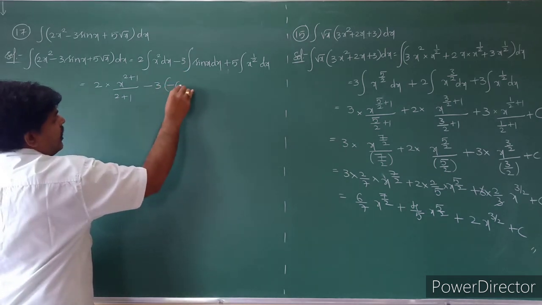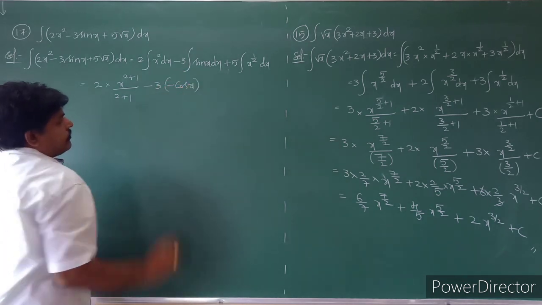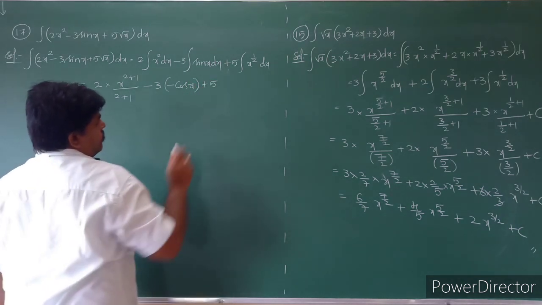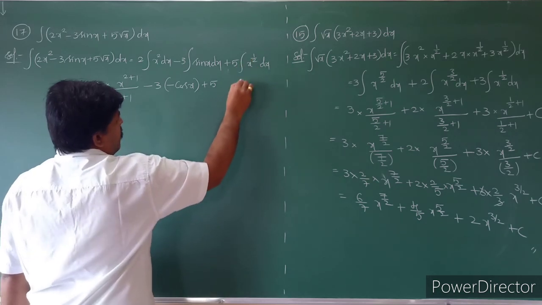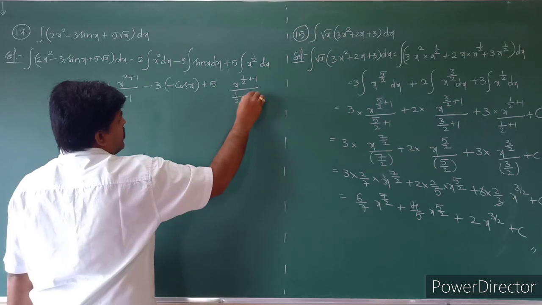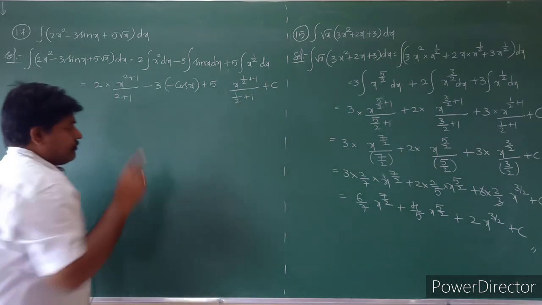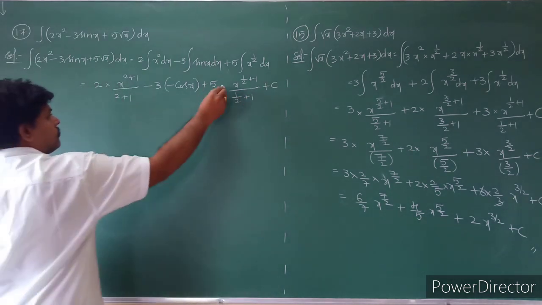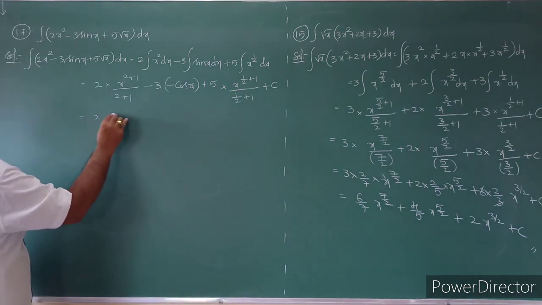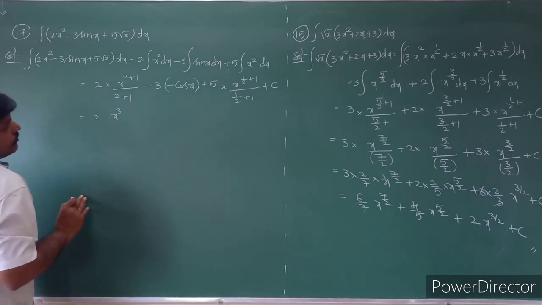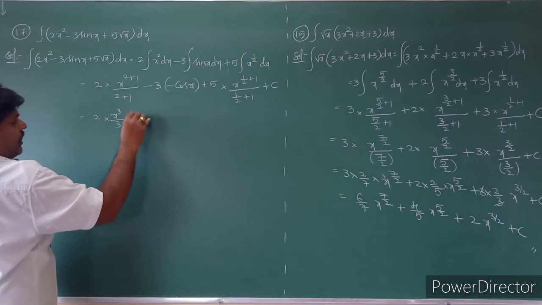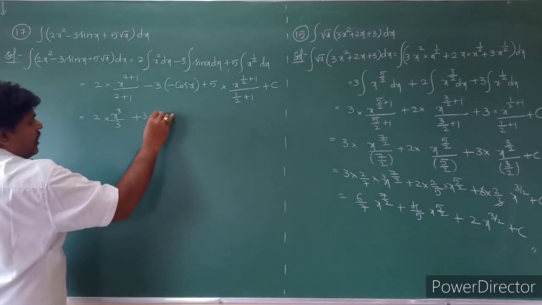Integral of sin x is minus cos x, plus 5 into x power 1 by 2, x power 1 by 2 plus 1 by 1 by 2 plus 1, plus c. So that is equal to 2 into x cube by 3, minus of minus, plus 3 cos x,